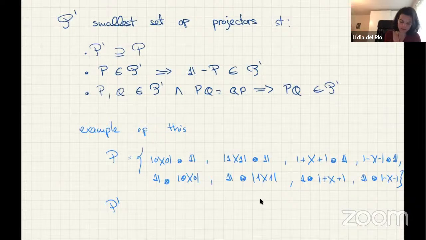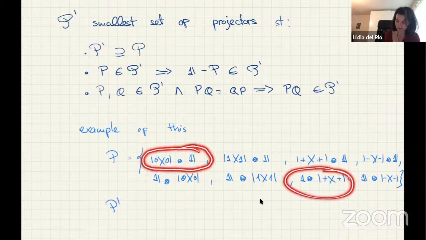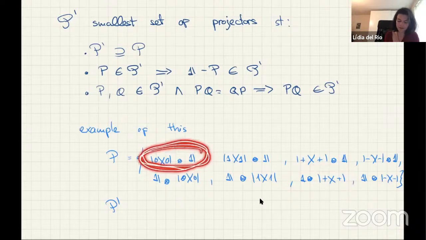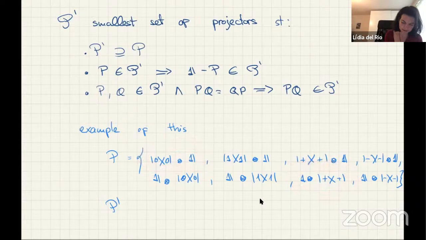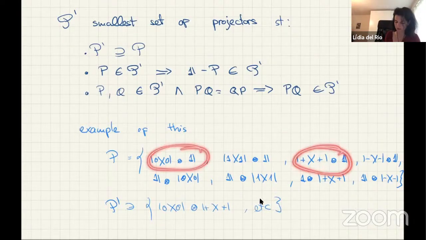So it includes, for example, the fact that I can put this one together with this, which corresponds to the outcome of measuring the first qubit in the Z basis, getting outcome 0, and measuring the second in the plus minus basis and getting outcome plus. Okay, so this includes things like, for example, etcetera. But it does not need to include the multiplication of this with this because these are not compatible measurements, right?